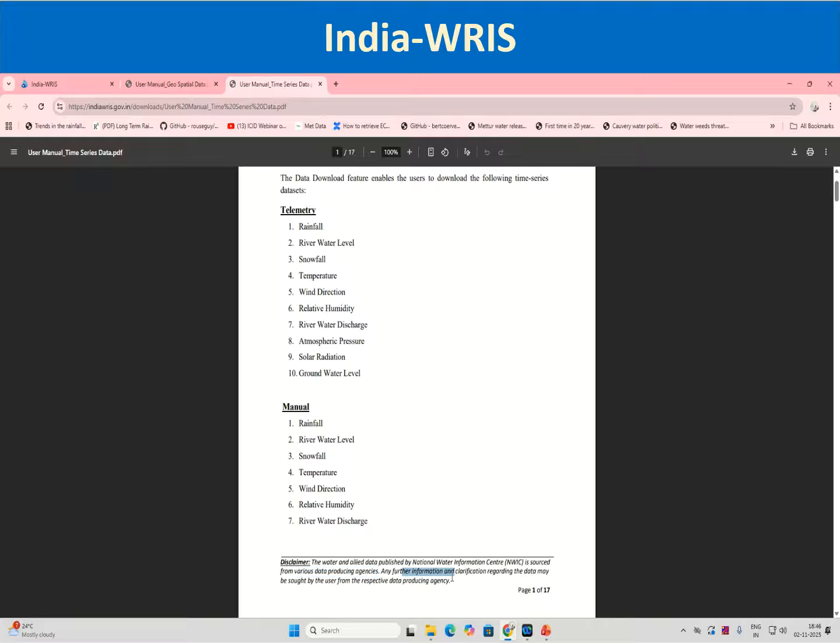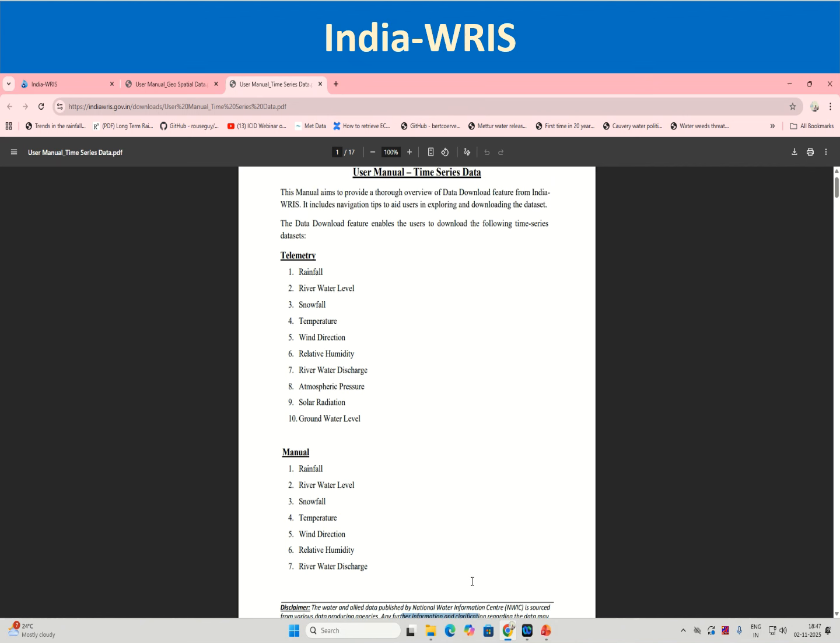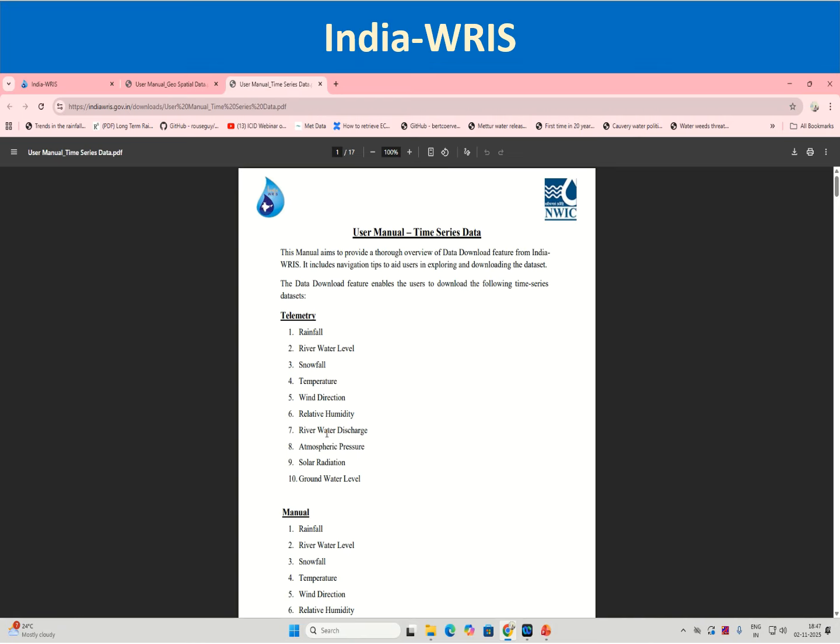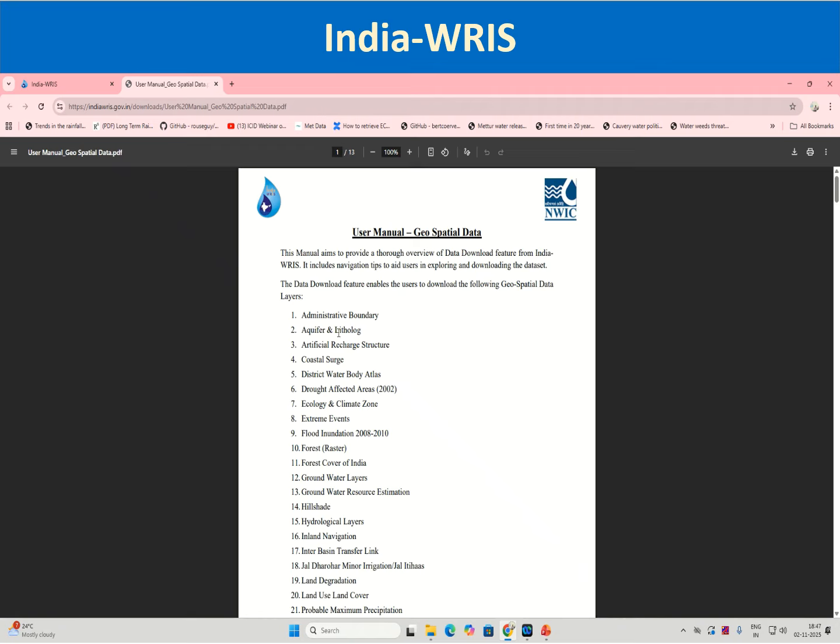If you want further information and clarification regarding the data, you can contact the data producing agency. So there are many implementing agencies of NHP which have set up many telemetry gauges. Anyway, we are more concerned with geospatial data, and in the geospatial data, you will find administrative boundary layers, district water body atlas layers, flood inundation layers, drought affected area layer,